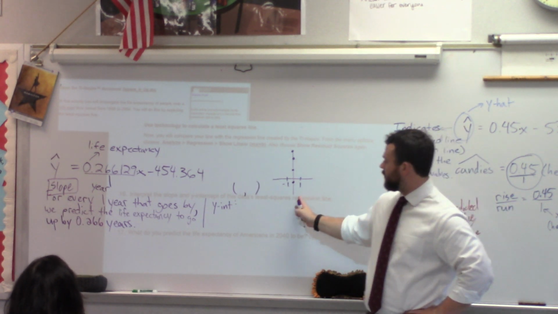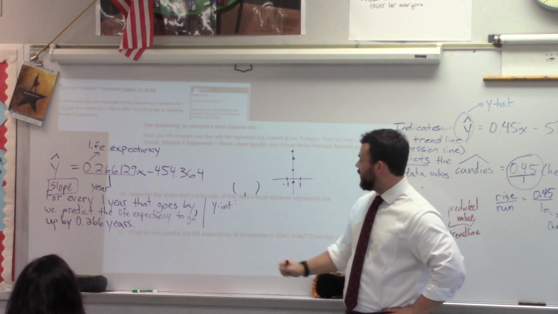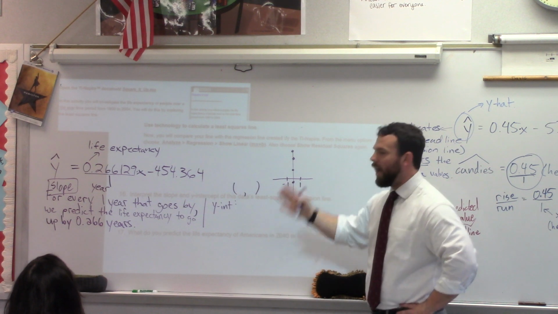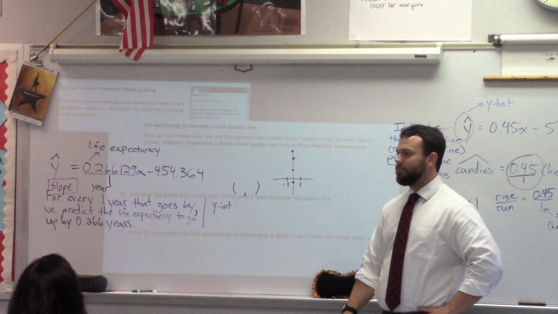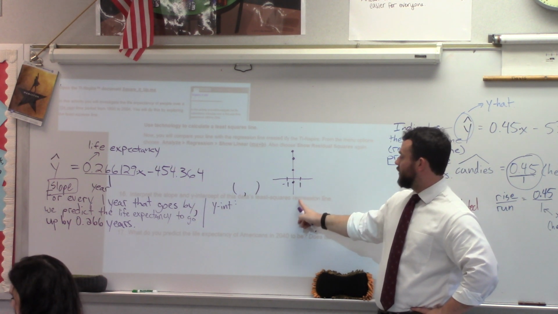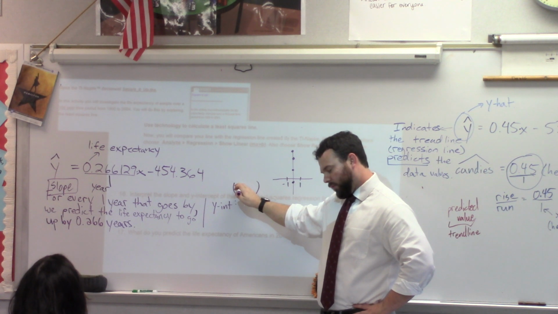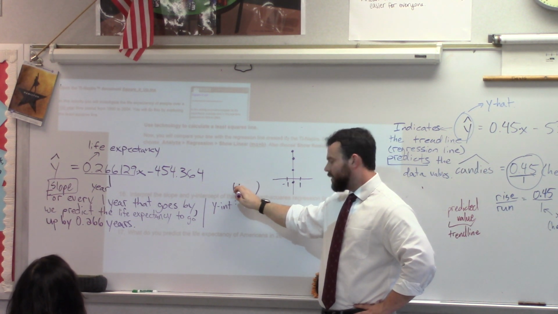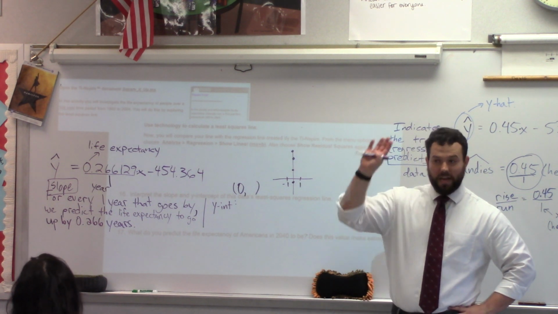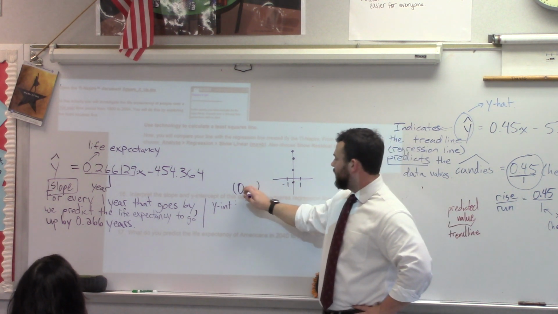Which value, the x or the y, is 0? It's the x. If we have a y-intercept, we know the x value is 0. The y value is